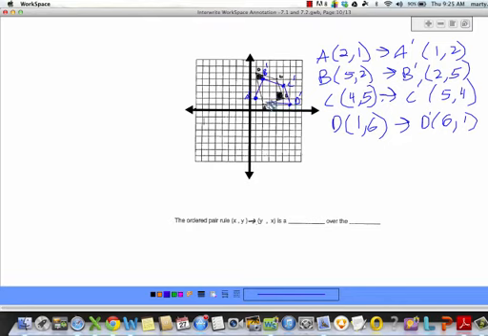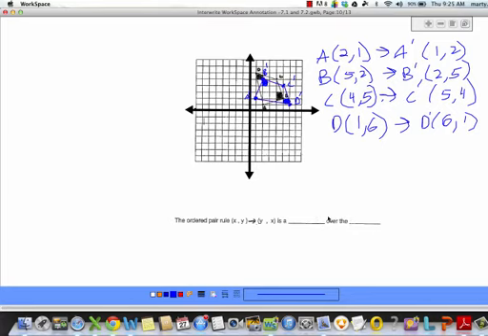Now when I connect these up, A prime to B, B prime to C, C prime to D, D prime to A, color in the B in the little corner, color in the D in the little corner, and then we've got to figure out the ordered pair xy goes to yx is a blank over the blank. Now, if you noticed in the last one when they told us it was a blank about, it means it's going to be a rotation. When we take a look at over, this means it's going to be a reflection,